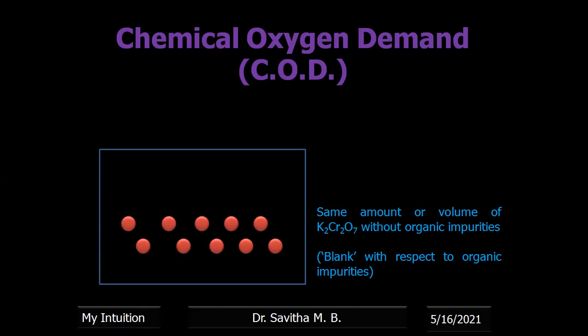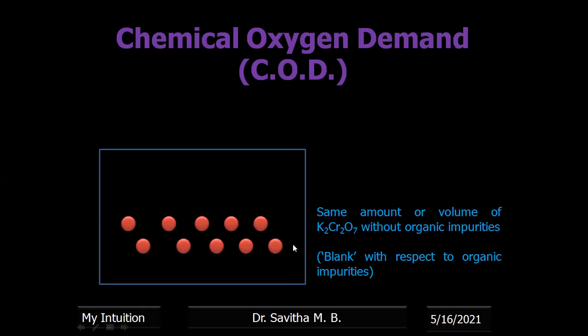Okay, then in the first flask there was organic matter. Therefore, some part of the potassium dichromate will be consumed, and the remaining unreacted can be found out by titrating against FAS, and that titration is called back titration. Okay, in the second flask, there is no organic matter because we have taken distilled water. Distilled water does not contain organic matter. Therefore, whatever potassium dichromate we have added, everything is remaining as unreacted itself because nothing is being consumed, right? Therefore, we have to now find out how much is remaining.